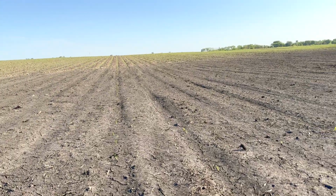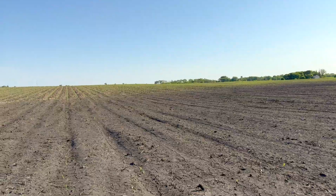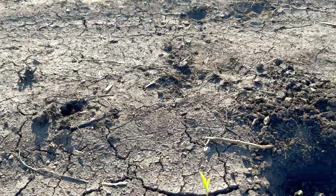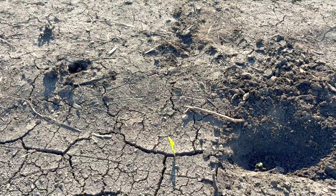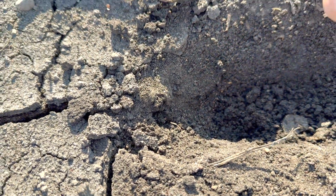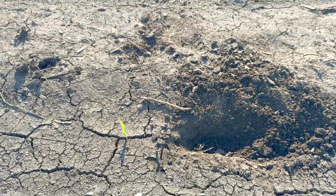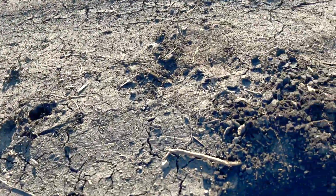So I'm down here in this replant area. Nick and Alan are right over there replanting this, and I just thought it'd be curious where you get some of these spots where there is corn coming up, but then it skips multiple feet. There's another one. So I dug down here, and basically in these really wet areas, after it rained, we got one here, and I dug down and was able to find this one, and there's some roots coming on it and everything. But I think the major issue here is when you get these really wet areas, you have some that comes up, and I don't know, this was still